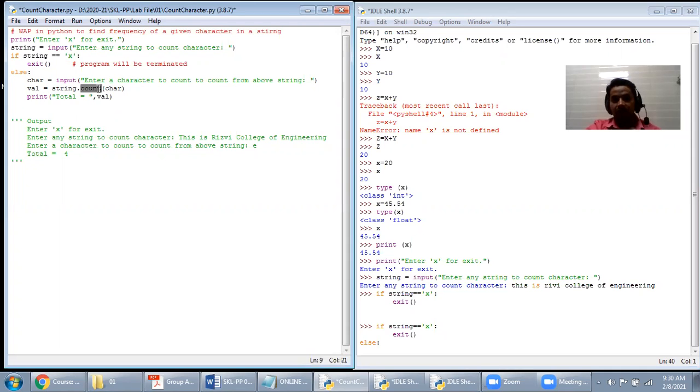So we are directly using that count method. String is your input. String dot count will count from the string. Inside the bracket, you should give the character. So the character will be counted and stored into the value variable. And after that, we are printing total is equal to value. The value is to be displayed.